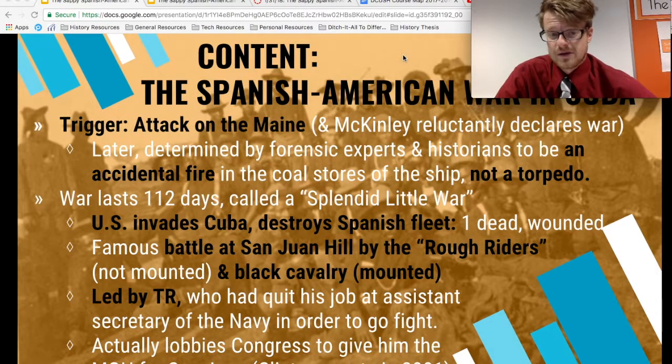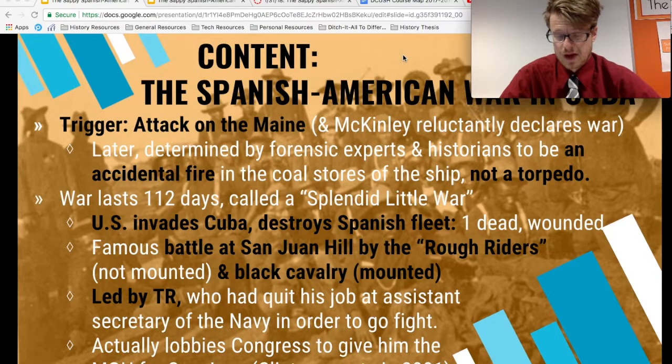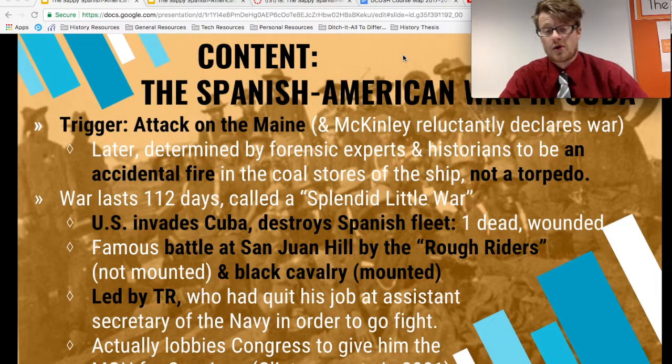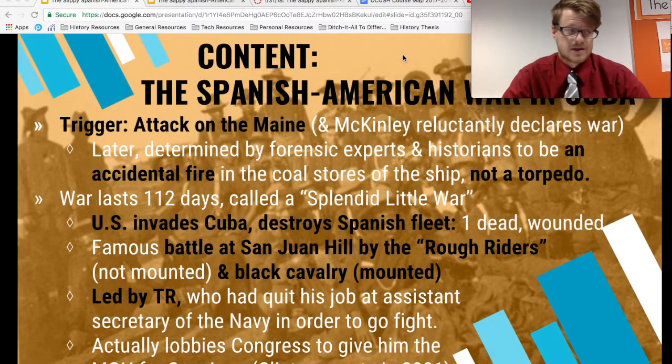Now, what it was blamed on at the time was that the ship had been torpedoed by the Spanish. A torpedo at that time is in some cases like a torpedo that we think of today, but more often it was thought of as a mine. They thought that the Spanish had essentially blown up a U.S. ship. It hit the powder magazines, and it was a gigantic explosion that killed a ton of American sailors. And what we see after that was a whole bunch of what we call yellow journalism, which is essentially scandalous, somewhat true, somewhat untrue coverage, focusing on the sensationalism of the attack that people blamed for causing the war.